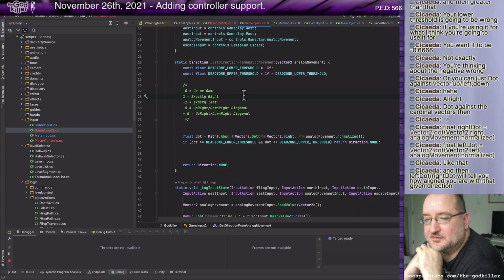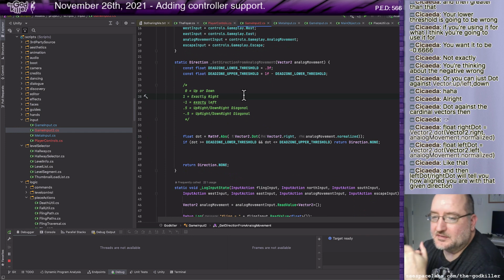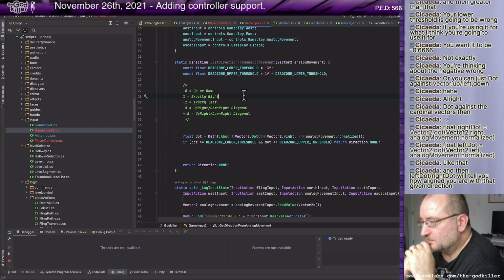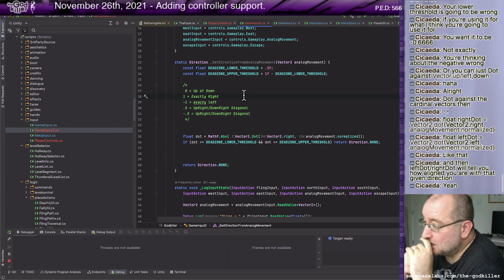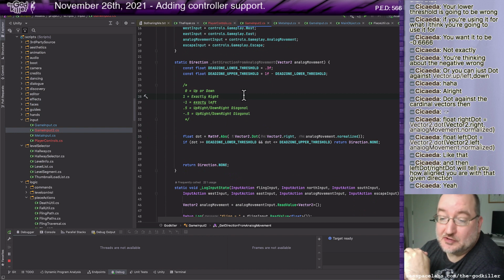Okay, let me see what you're saying then. Float right dot equals vector 2 dot. Okay, so in the case that you're describing, I would do 4 dot products, and I would just be looking for a value that's close to 1.